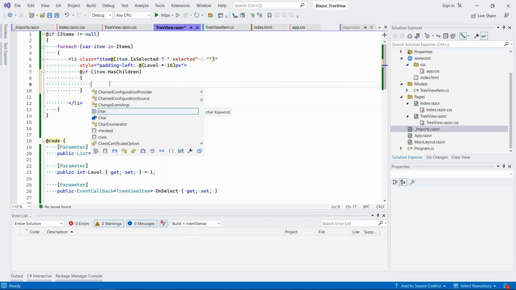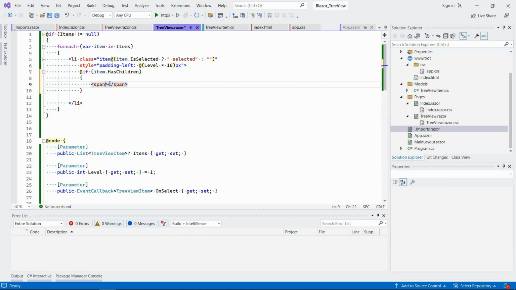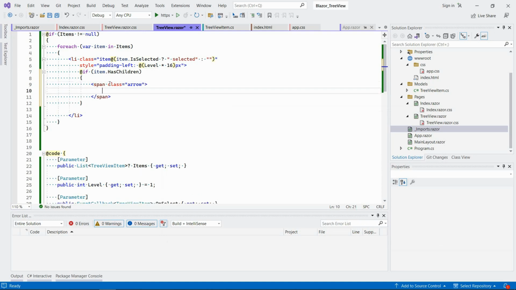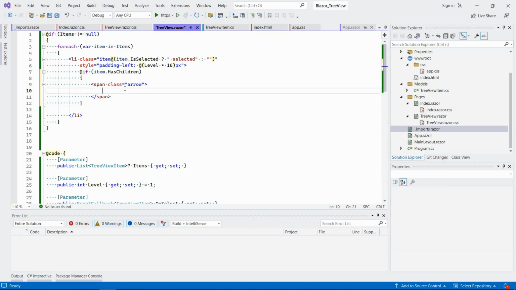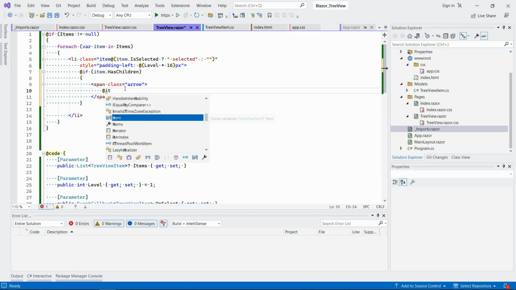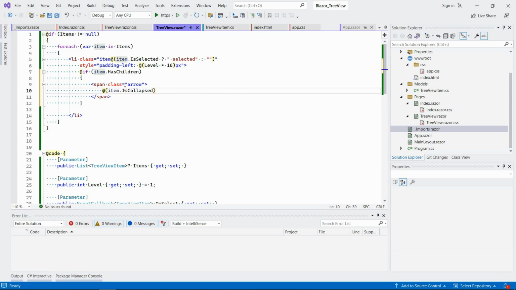So it's just going to say span, let's say class arrow, and basically if this item is collapsed, then we're going to use this one. And if it's expanded, then we're going to use this guy. Right, so,